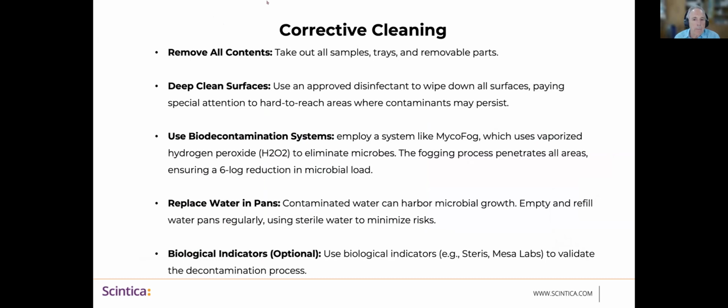As I mentioned earlier, there's a couple of different approaches depending on the decisions that you make in your laboratory, and they're not hugely different. But in doing corrective action, of course, somebody has to do some observation and potentially testing to find out, is there a contamination? If that answer is yes, then you need to go through some of these procedures, removing all the contents, cleaning everything,